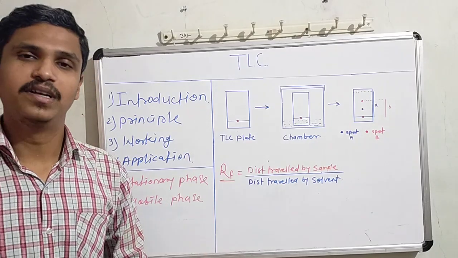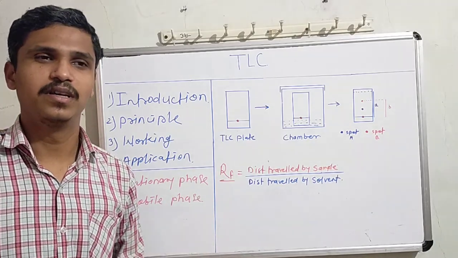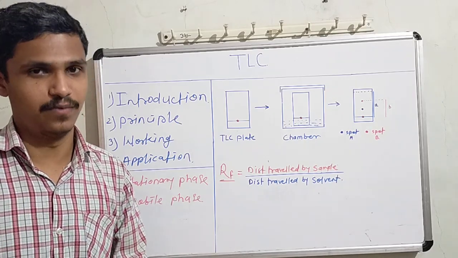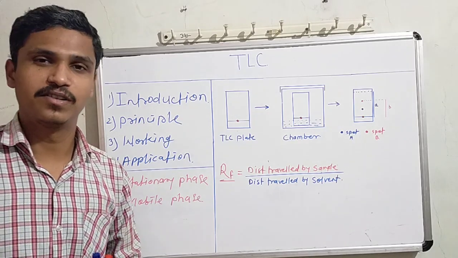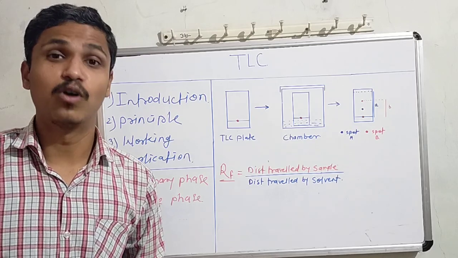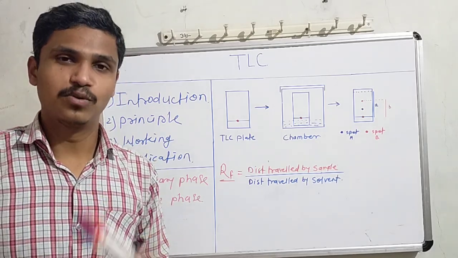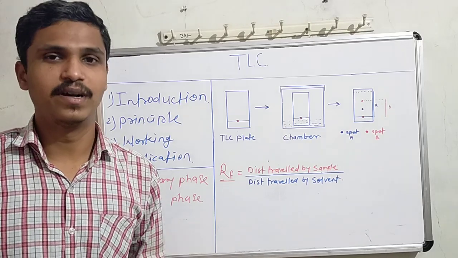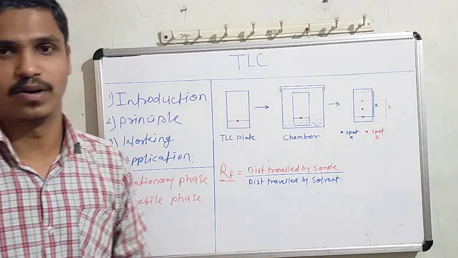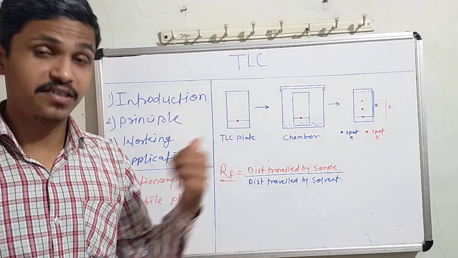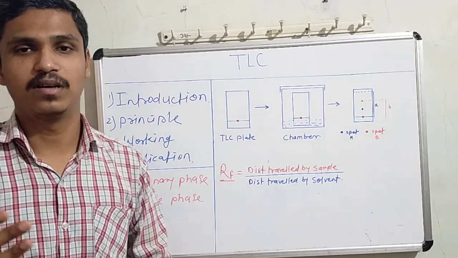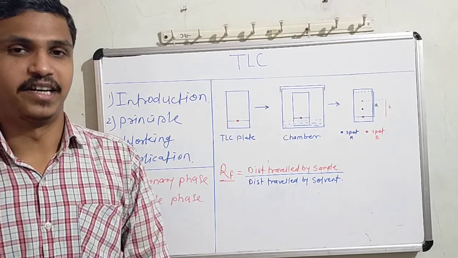The full form of TLC is thin layer chromatography. It is one of the basic techniques, we call it the baseline of chromatography techniques, and it is somewhat more advanced than paper chromatography. In paper chromatography, we simply use filter paper, the Whatman filter paper. A BSc student does one experiment based on paper chromatography: the separation of chlorophyll pigments. TLC is more advanced; the drawbacks of paper chromatography have been overcome by the TLC technique.